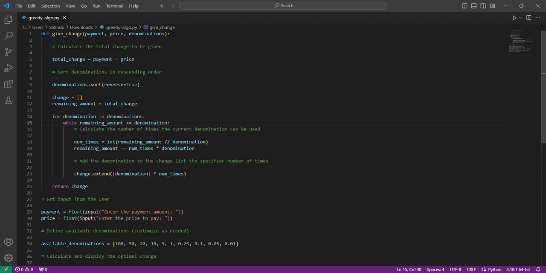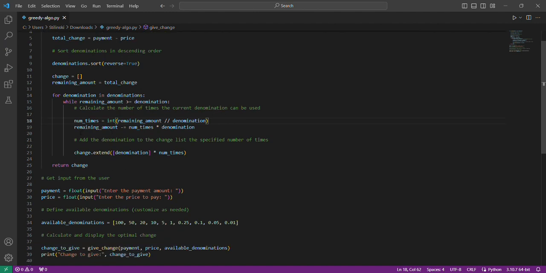The next line is where we make a variable called num_times and set it to int of remaining_amount divided by denomination. The purpose of this is to calculate the number of times the current denomination can be used in the remaining change, converting the result to an integer.